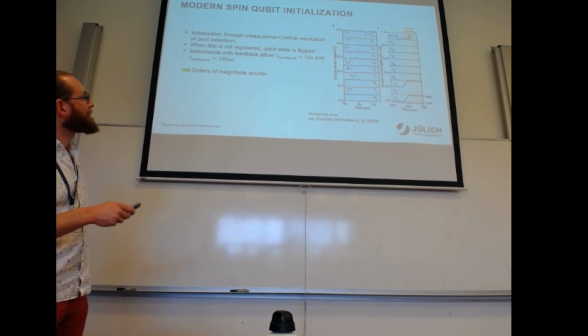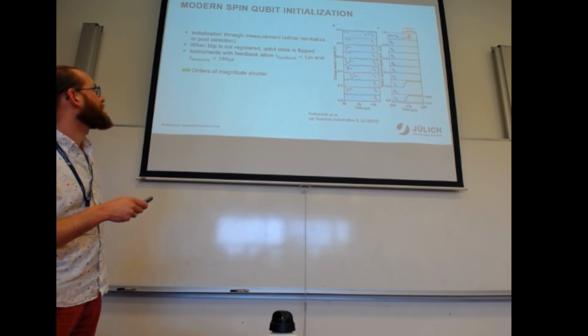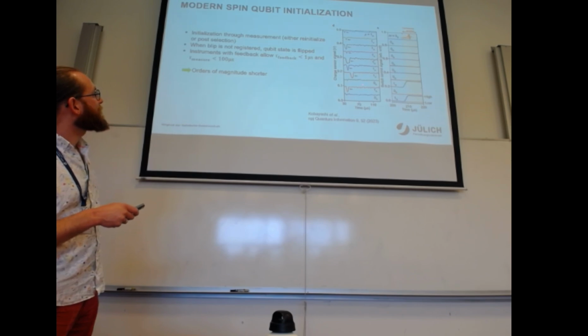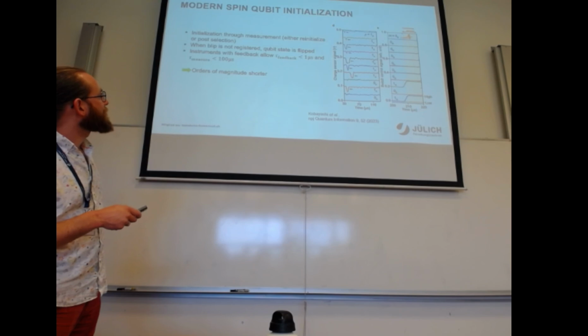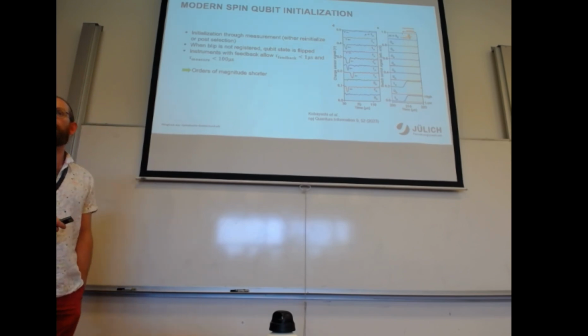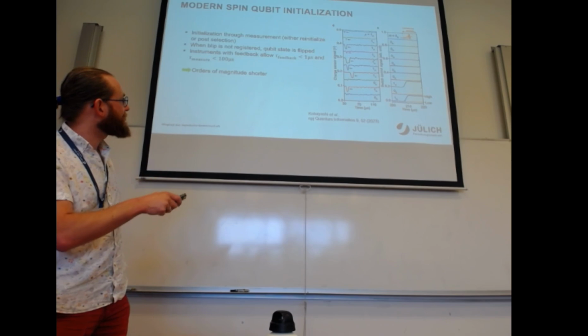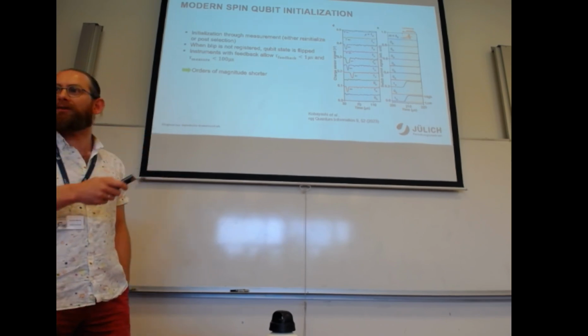So this is an example. Let me think. They have a window here where they keep monitoring the system and the charge sensor signal. Here, those two curves, sorry. So they wait a certain amount of time to see if there's a blip, and then they know that they have initialized a certain spin. When they don't observe it after a certain amount of time, they apply a pi pulse basically to flip the